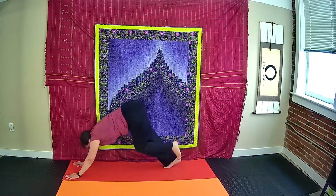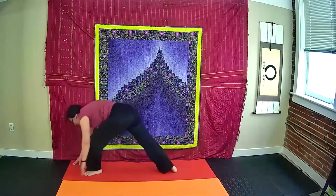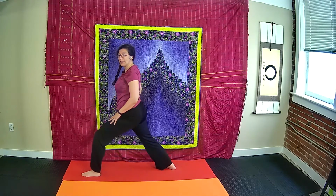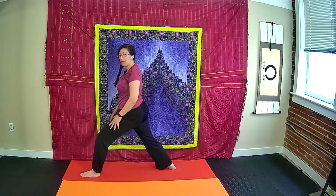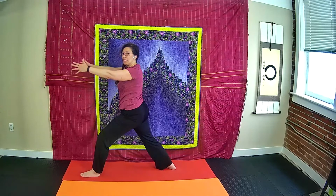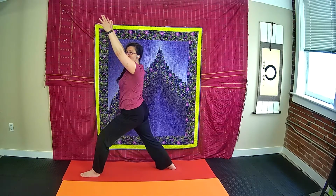And shifting weight onto your left foot, step your right foot forward in between your hands. Back heel comes down and lift yourself up. Torso lifts, just your torso first. So your back leg is long, your front knee is bent. You're slightly lifting up your front arch so your knee is square right over your ankle. Start to bring your arms forward and notice what happens in your shoulders. Maybe notice other parts of your body as you're lifting your arms to optimal distance to get stretch, strength, flexibility,